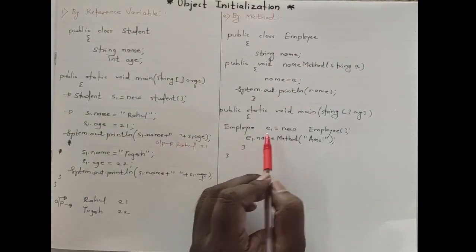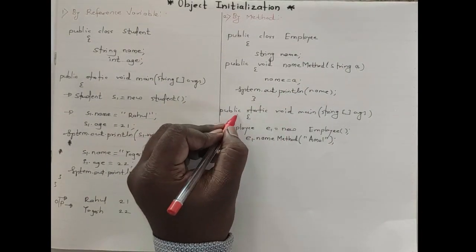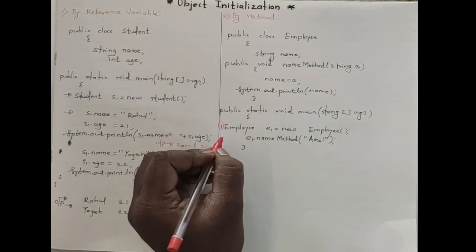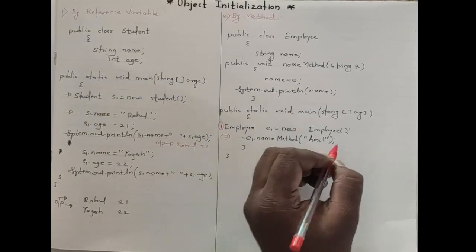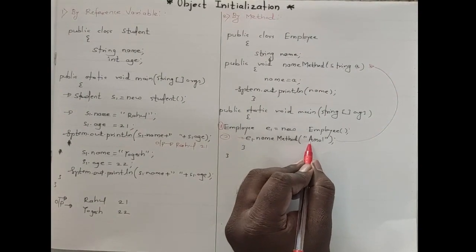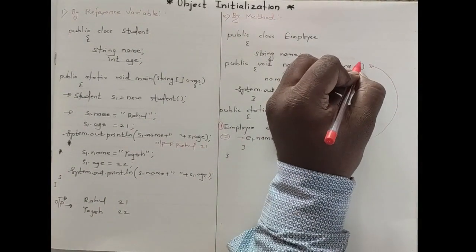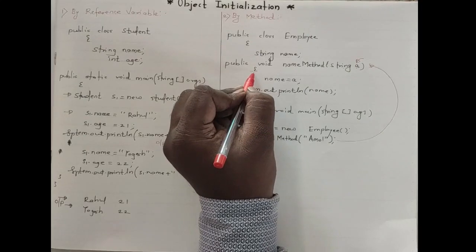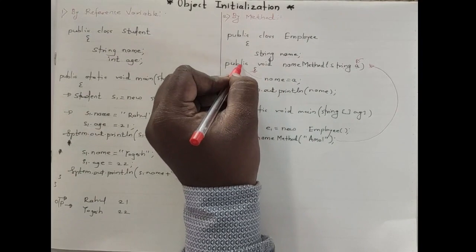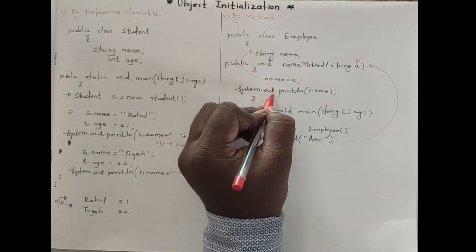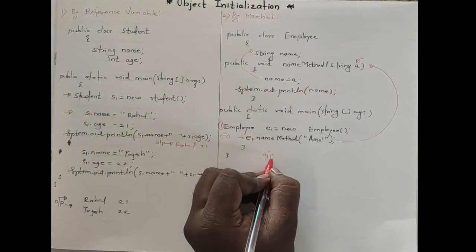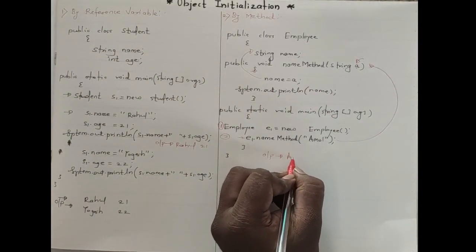Then what is the execution priority? Java first comes here inside the main method. That is executed first, and the object is created. Then second, Java comes inside that method. Amol, that string value, is given here. Java puts that value inside. Then come inside this, Java observes that a is equal to name. What is the name? Name is a string. And then we are giving a second printing statement, Java prints that as output. What is the output for that program? The output we get is Amol.